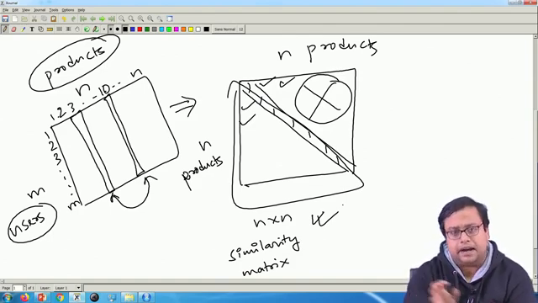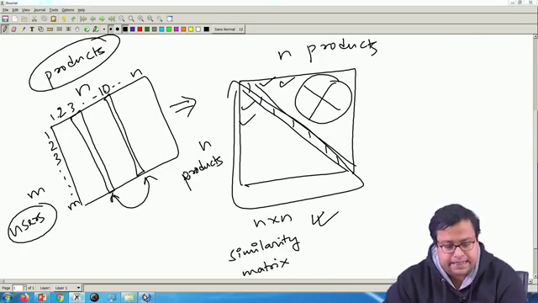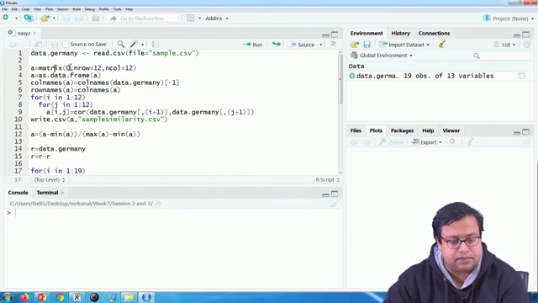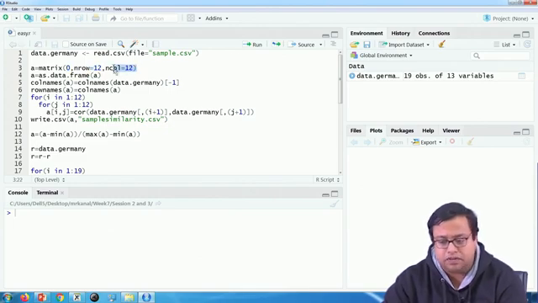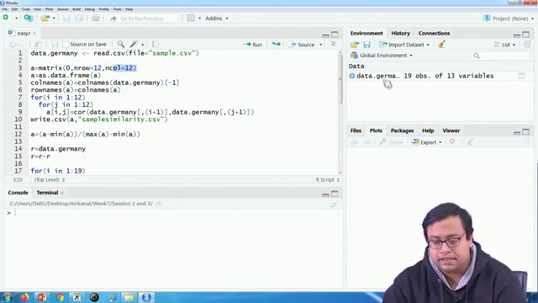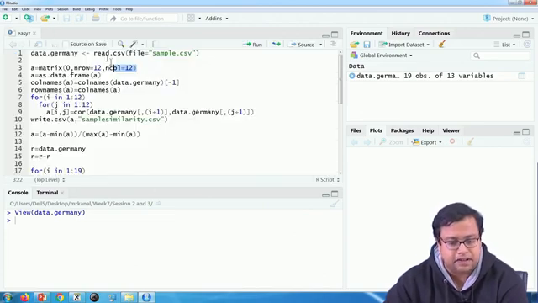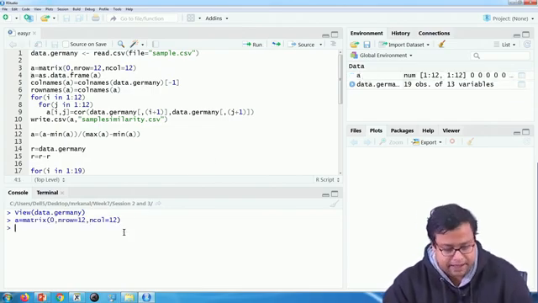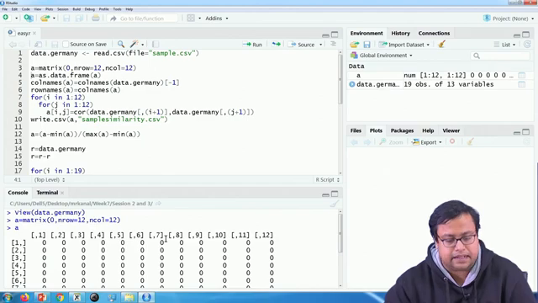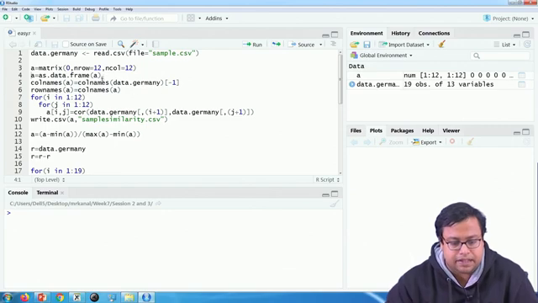So, to populate this matrix, I have to create the matrix holder. We are naming it as A. A is a matrix where all the entries are 0, number of rows is 12, number of columns is 12. Why? Because there are 13 variables. Now, out of these 13 variables, the first variable is user name, so that is why we will not be using it. The rest, there are 12 items, that is why I am creating a 12 by 12 matrix. Right now, this A matrix is a blank matrix, nothing is written here. Fair enough. Now, I change it to a data frame,